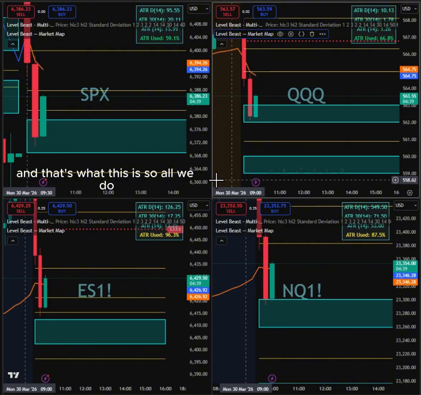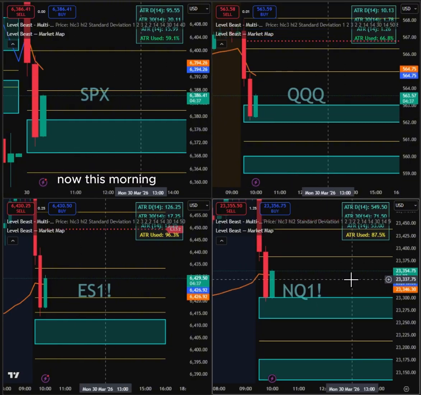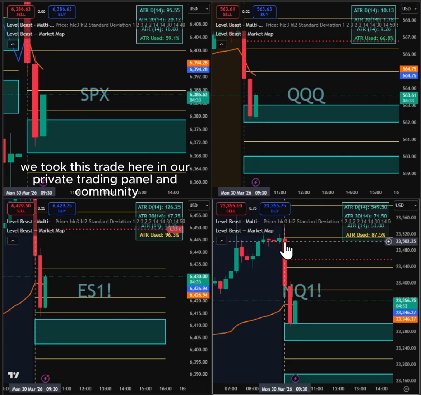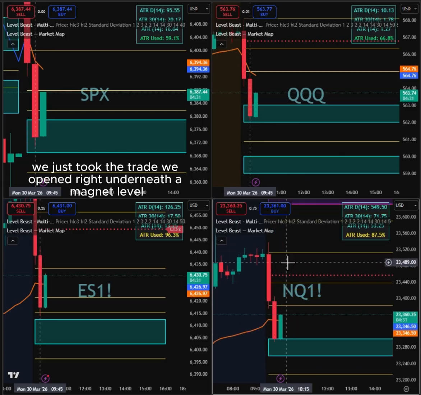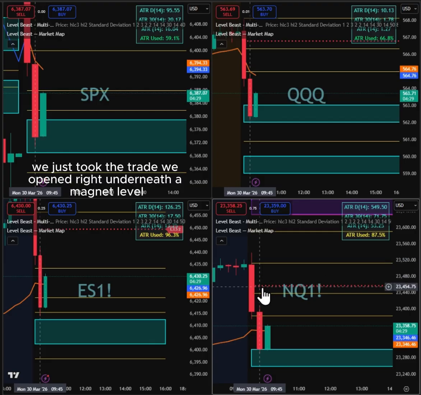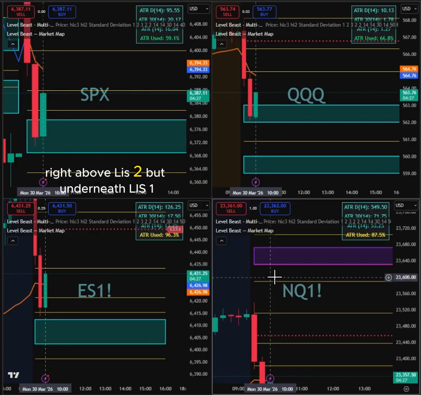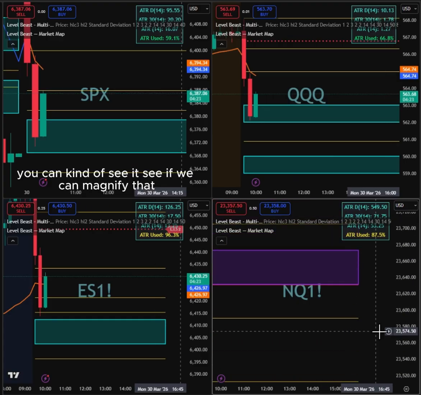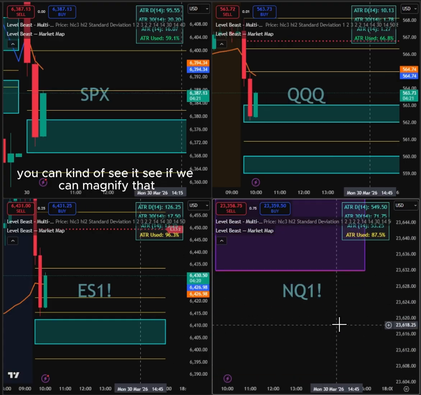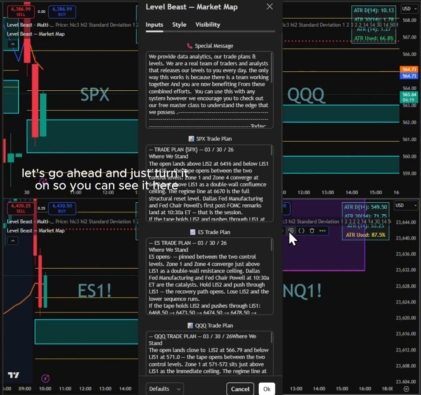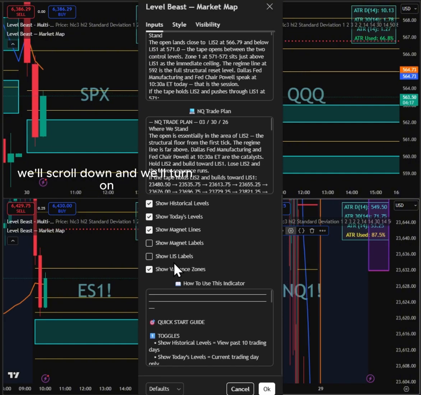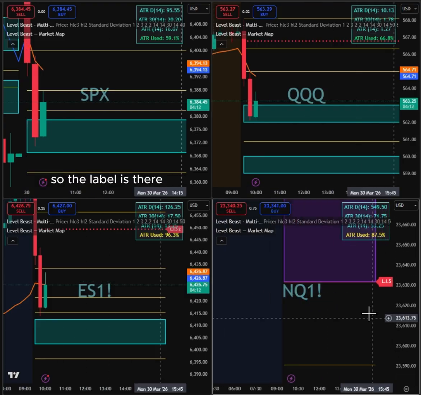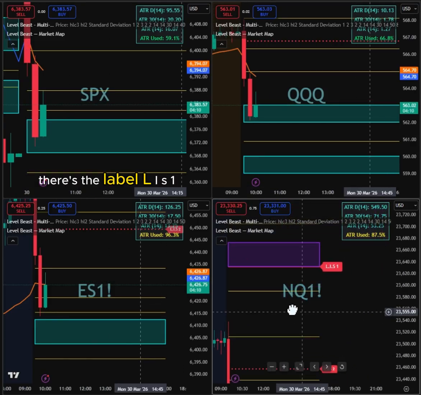So all we do, we're looking at our trades here. This morning, we took this trade here in our private trading panel and community. We opened right underneath a magnet level, right above LIS2, but underneath LIS1. Here it is. You can kind of see it. See if we can magnify that. It's a red line. Let's turn it on so you can see it here. We'll scroll down and turn on show LIS label. All right, so the label is there. There's the label, LIS1,